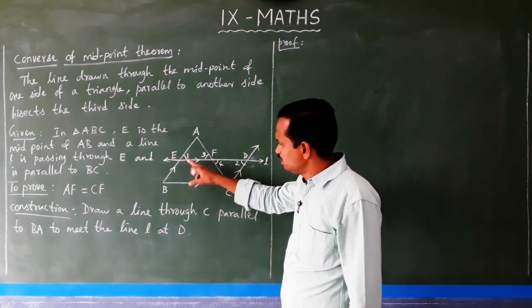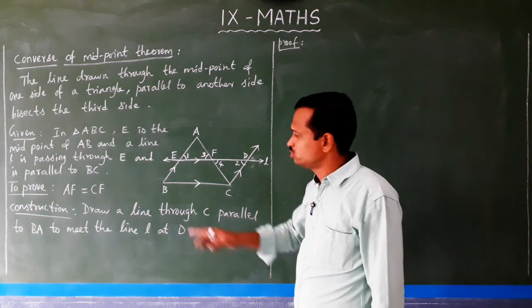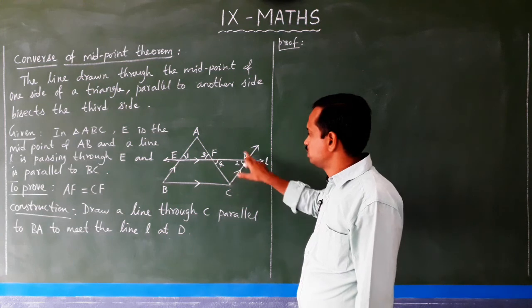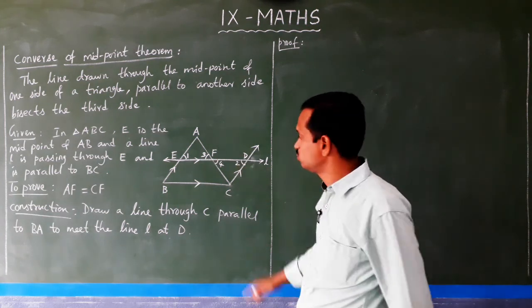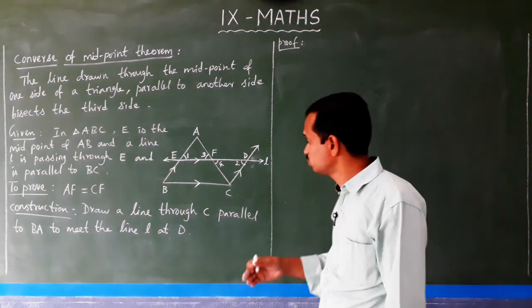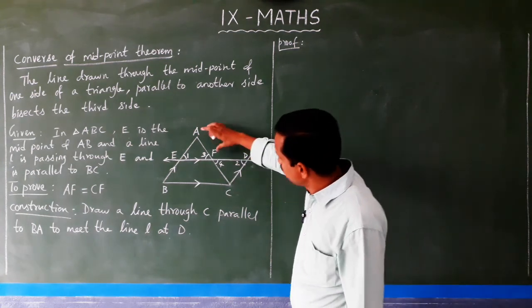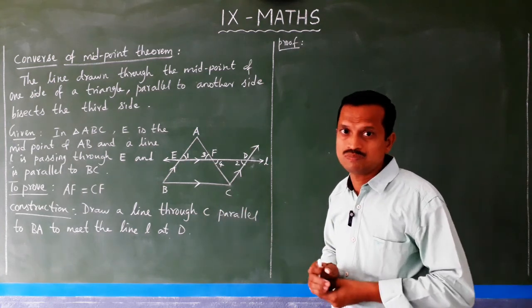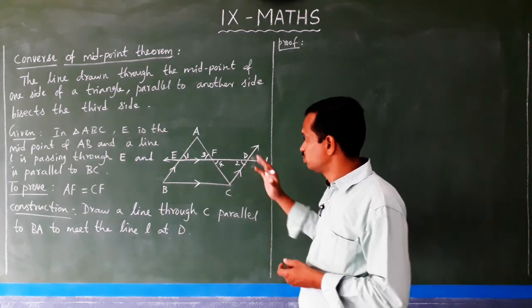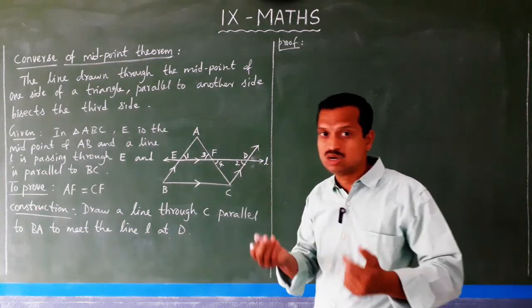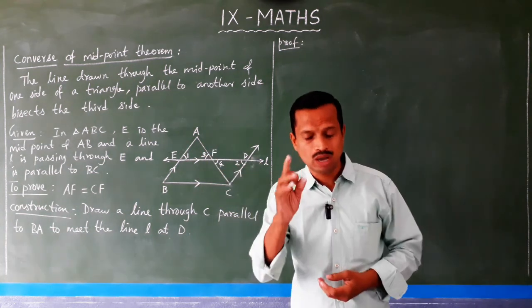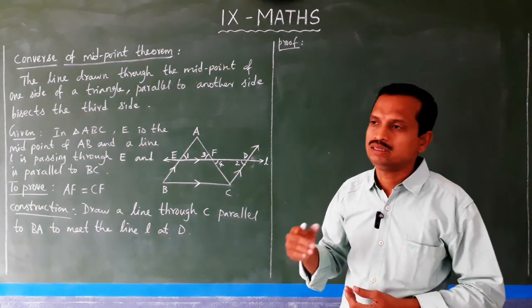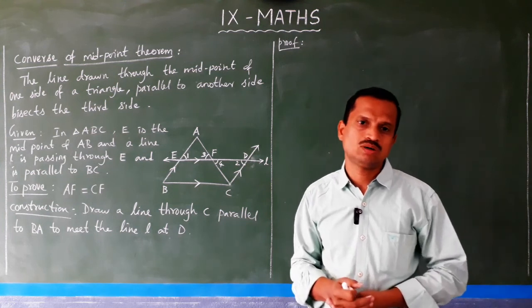You see, AE and BE will be equal because E is the midpoint. But what about the side of CDF? AE is not equal to CD, because we didn't say that. We have to prove that AF equal to CF, so for that we have to say AE and CD are equal. Then we get one pair of sides of the two triangles equal, and by the AAS rule, the two triangles are congruent.